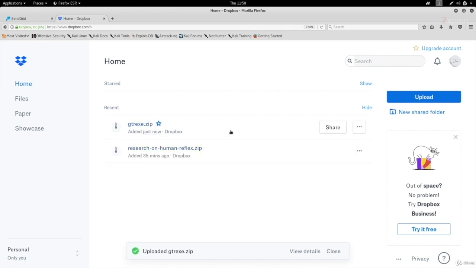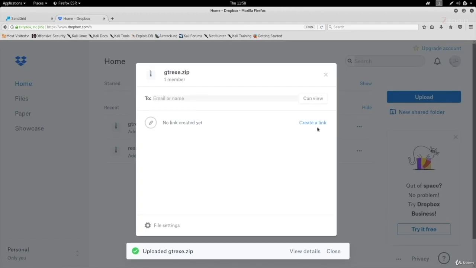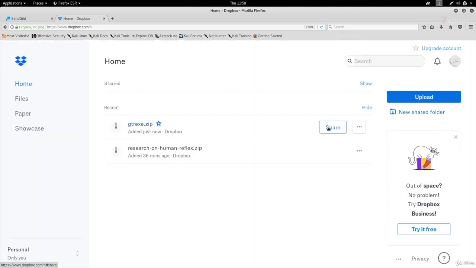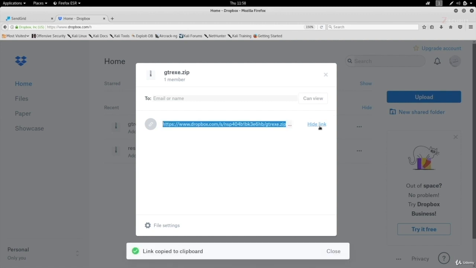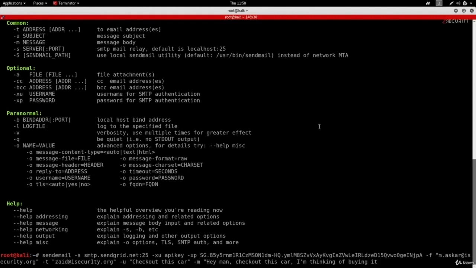So we have it right here. I'm going to click on share, and create a link for it to be shared. Now you'll always get an error the first time you click it, and for me, for some reason, it's always getting stuck the second time. So I'm going to refresh this and then click on share again, and you'll see we have the link. I'm going to click on copy link, and I'm going to go down to my message